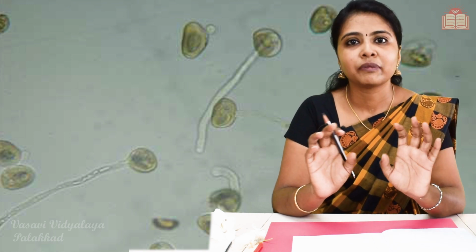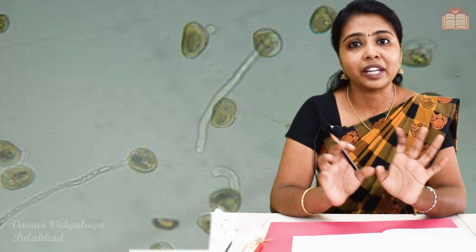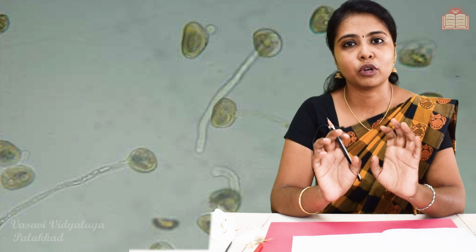For that we have to observe frequently. This slide must be observed frequently. Understood? So now we have conducted the experiment regarding the study of pollen tube germination in the lab. The pollen tube actually germinates on the stigma and it elongates its tube into the ovary, and then the fertilization takes place. All the other theory parts you have studied.